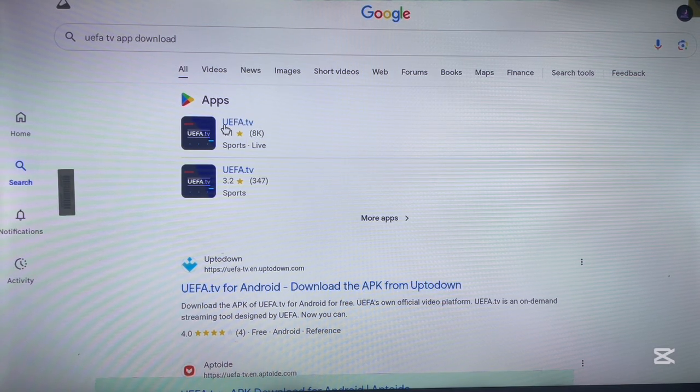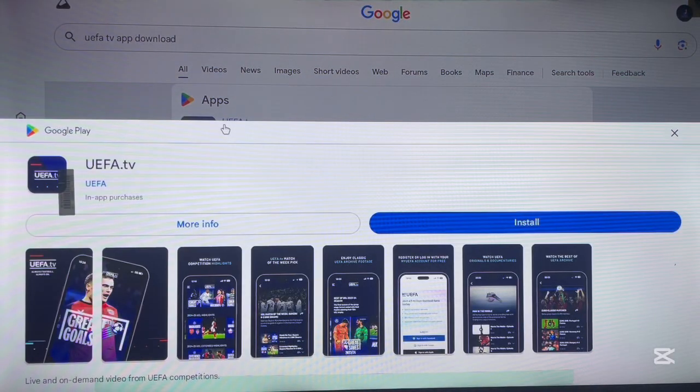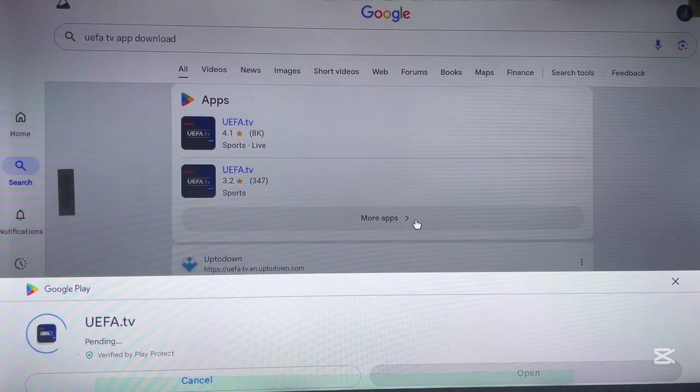Now, I don't have Google Play Store installed, but I can still use the web version of Google Play Store on my Android TV by just clicking over here. And as you can see, I can come back here and I can just install the application straight away to my Android TV. So this option is the best option, but if for whatever reason this doesn't work, you can